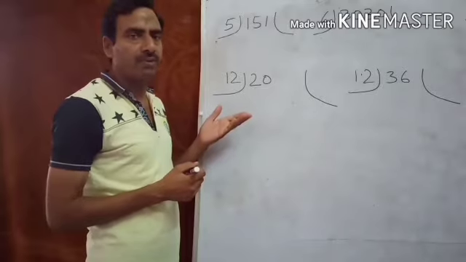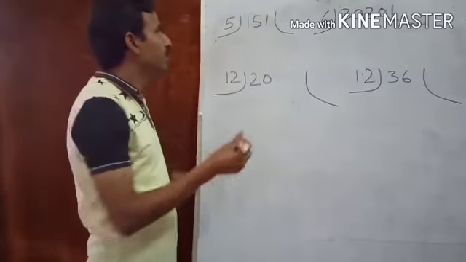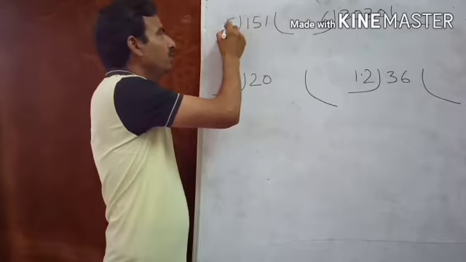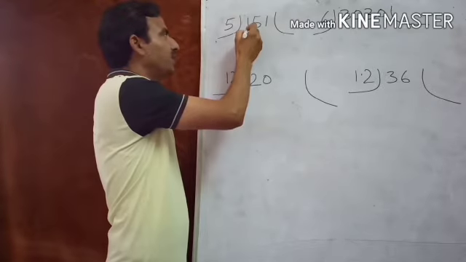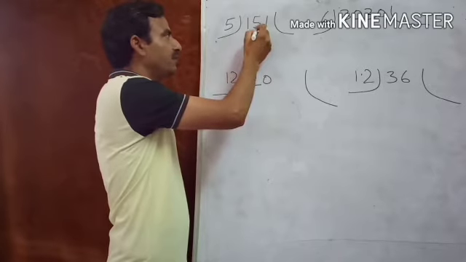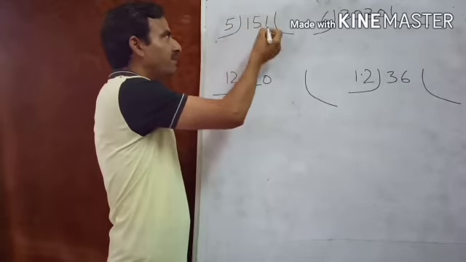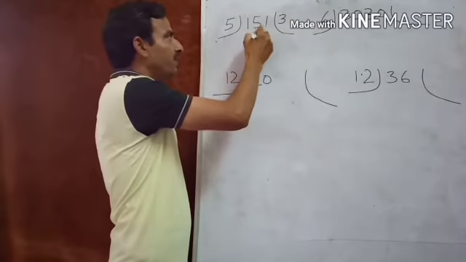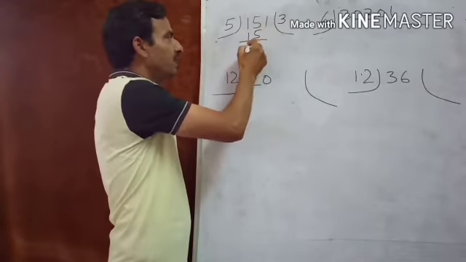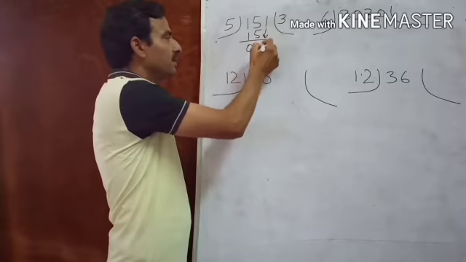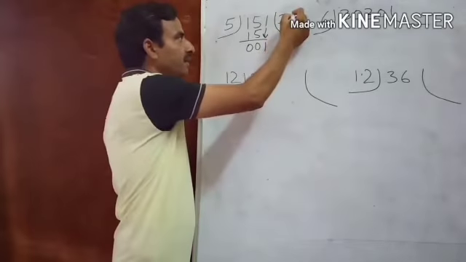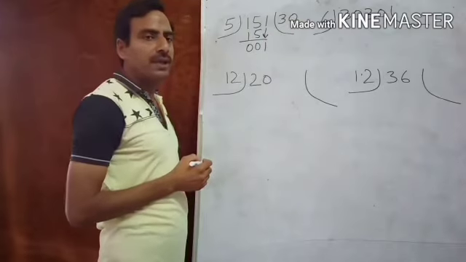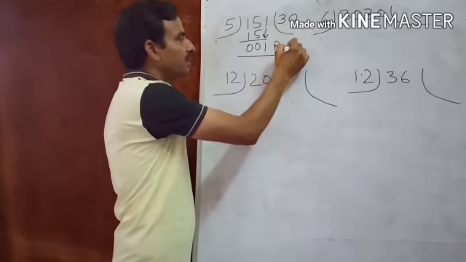There are different types of divisions. I am solving this. I have taught you: first of all, we have to check the digits of the divisor. With a 1-digit divisor, we divide the first 1 digit of the dividend. 5 divided by 1, it is not possible. Then we divide 15 by 5. Read the table of 5. 5 3 is 15. We write 3 over here, 15 over here, then subtract it, 0 will come. Then we take the next number and divide 1. It is not possible. Then we put 0 over here. Now 1 is the remainder.